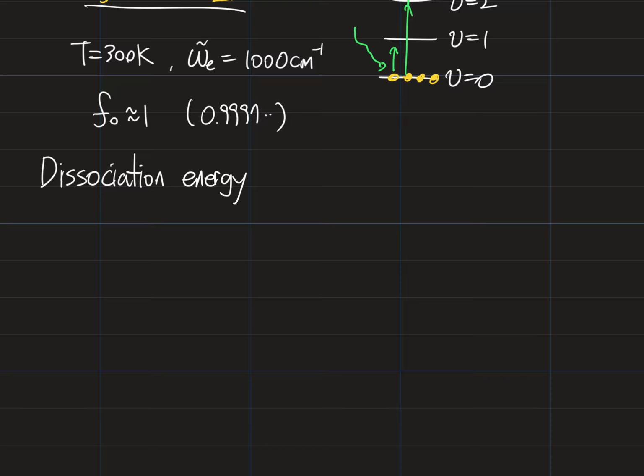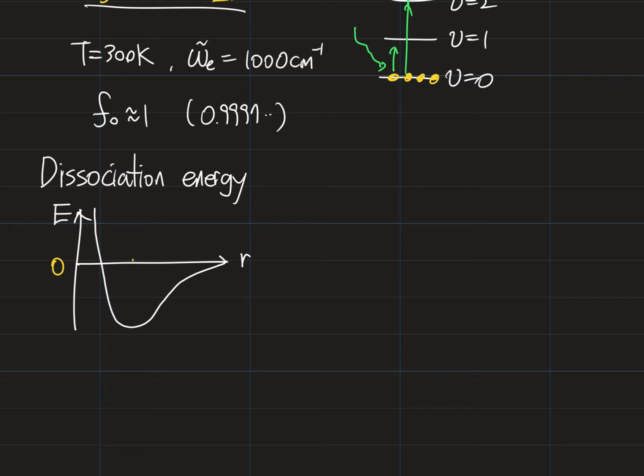So let's draw the potential energy surface of a diatomic molecule, and it should be like this. So when the two atoms are too far from each other, they don't have any interaction and there is no orbital overlap between them. So their energies converge to the sum of two atoms' energy. So we take that as the zero.